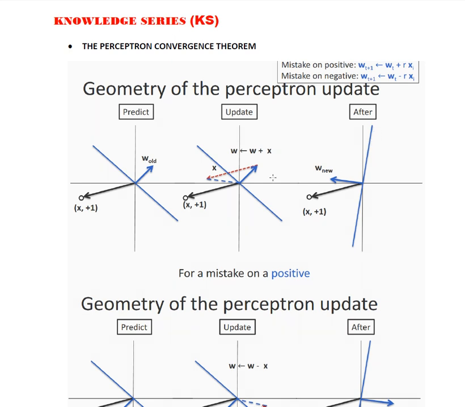That is what it is. So that means a new learning has taken place. Initially for this input, this was the learning point, but because of the new point, the new decision line has come with respect to the new W. So this is the case with respect to the positive mistakes.